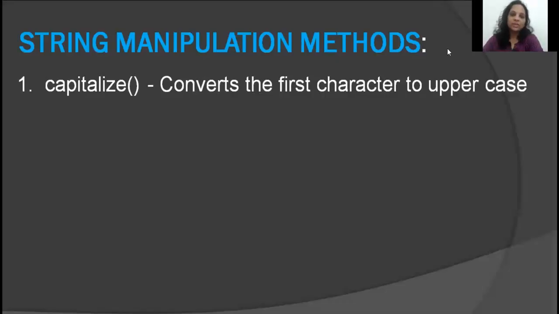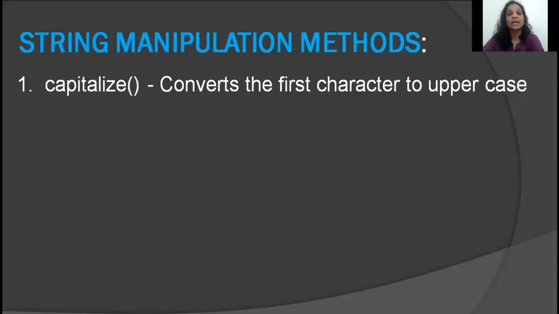Hi everyone. In this video, we are going to be talking about string methods, or string manipulation methods. Now, all these methods belong to a class called str. You're aware of a class called str. When we said in the earlier chapters that when I say s is equal to hello, s becomes an object of a class called str. So if you typed print type s, it would give you class str. So all these methods that we are going to discuss today belong to a class called str.